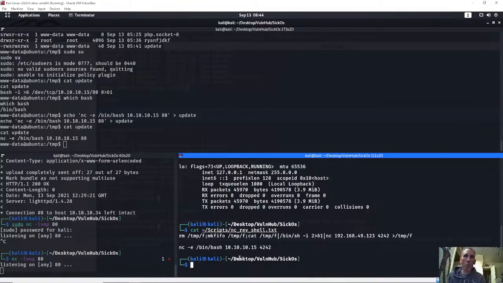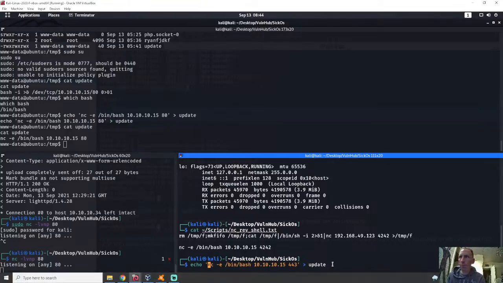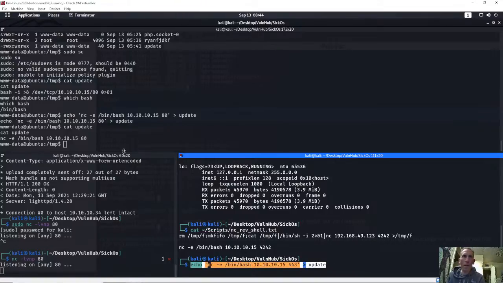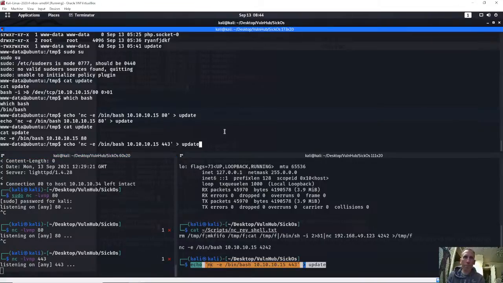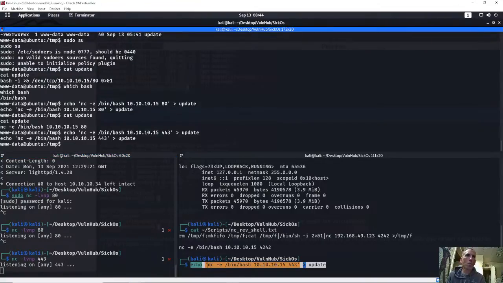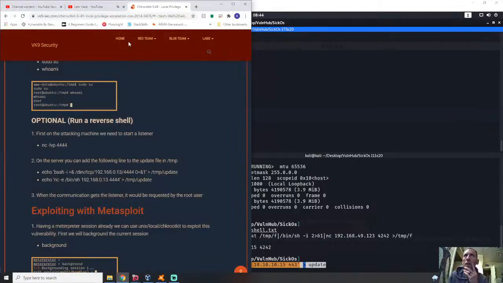Maybe I should do it for port 443? Maybe it's getting confused at port 80. I don't know why it's not working anymore though, but